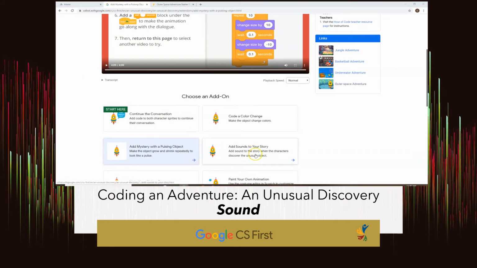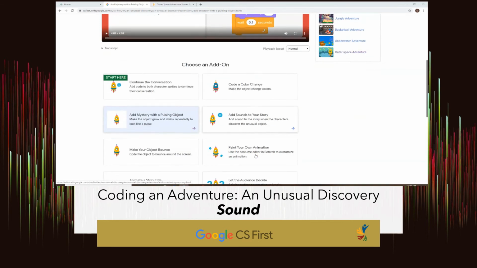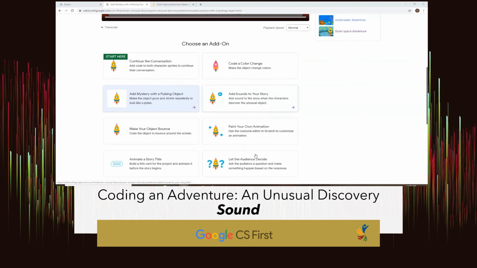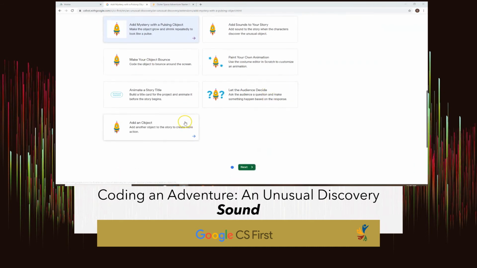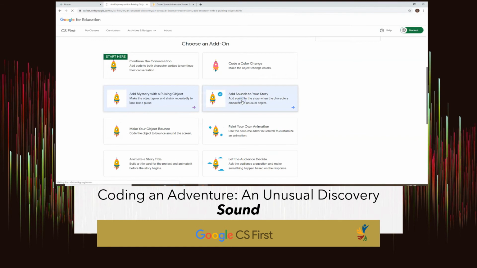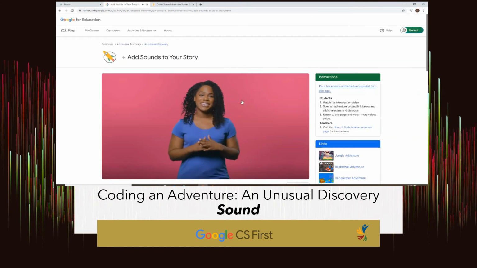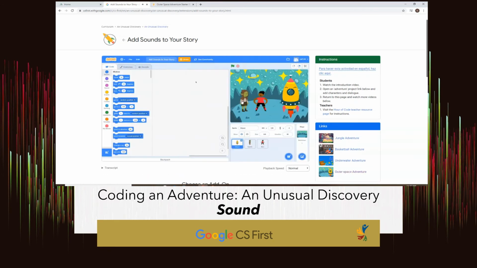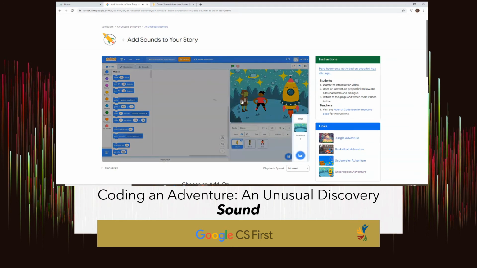Okay, so we are going to go to this section that talks about adding sound to your story. We may do make your object bounce, but after that you can try some of these other ones on your own. So we're going into add a sound. In this video, you will add sound to your story. Music and sound effects can express how your characters feel when they find the unusual object. To do this, you will add code to the backdrop of your story. Select it